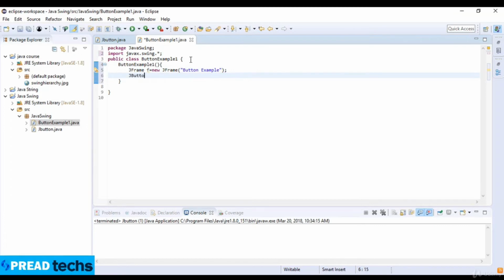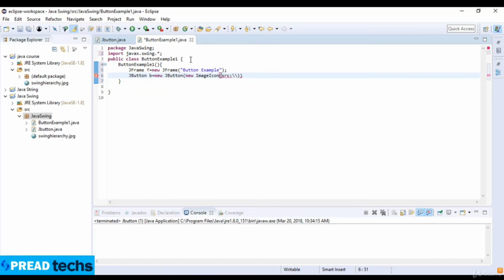Okay, and JButton b, which is equal to new JButton, and here I write new ImageIcon, and I give it the link, which is the source,